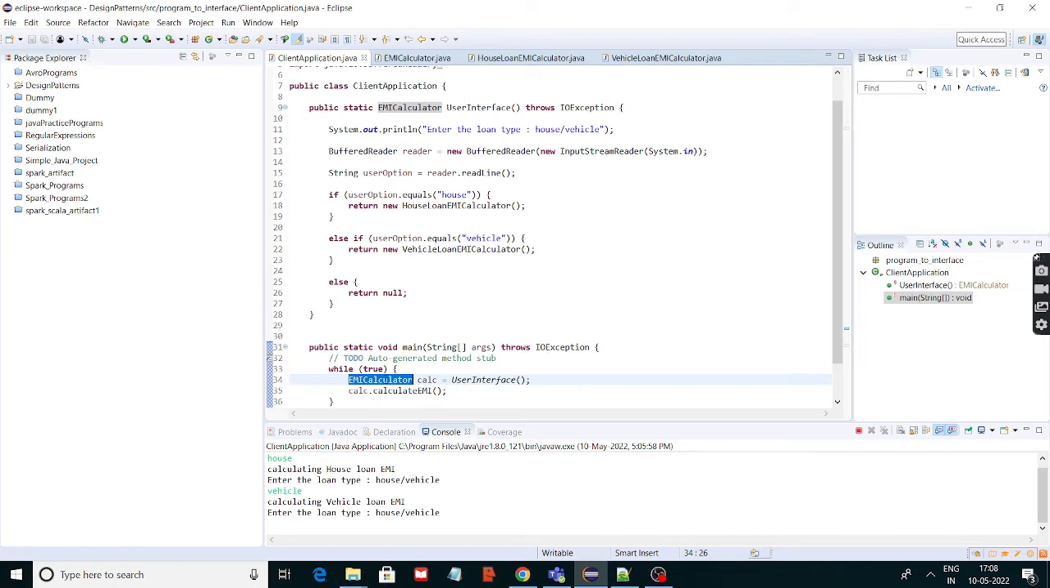Because we kept the interface type here. Suppose, instead of the interface type, we had chosen the house loan EMI calculator type here. Then it is called programming to an implementation. We don't want programming to an implementation actually. Similarly, we can choose vehicle loan EMI calculator in place of this EMI calculator. This is also programming to an implementation. We don't want programming to an implementation, because